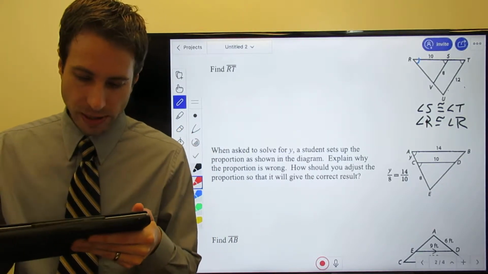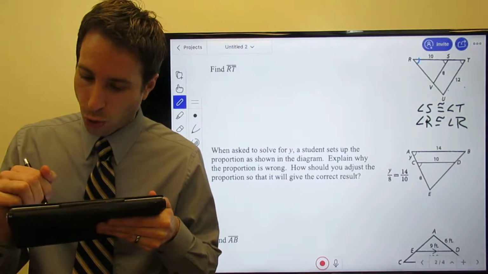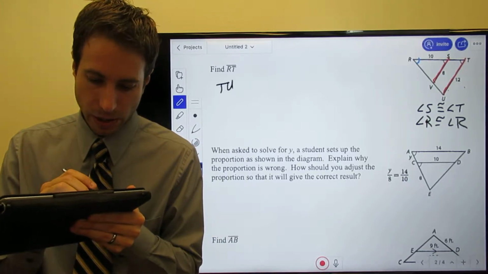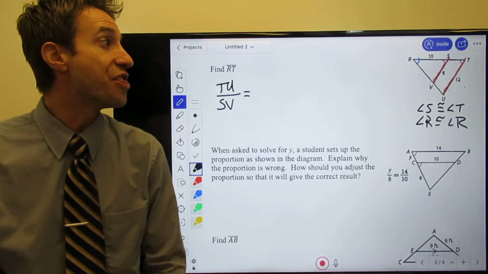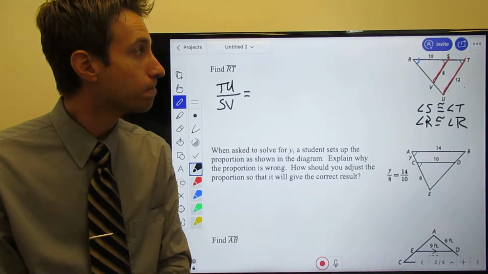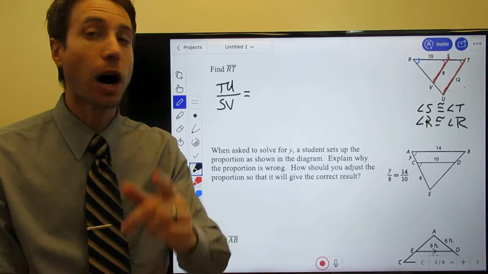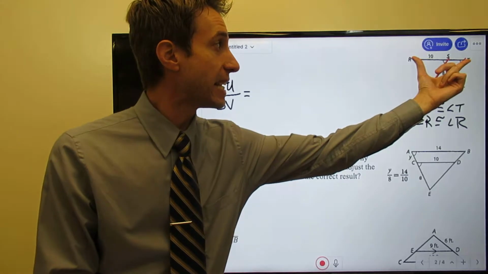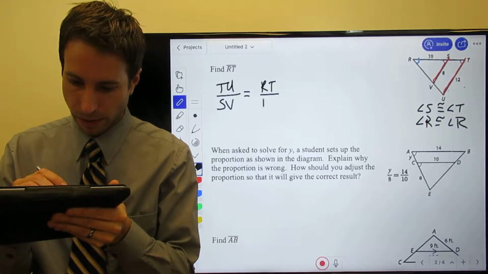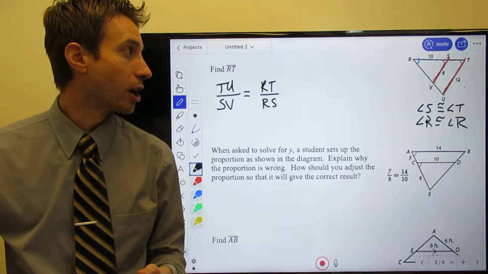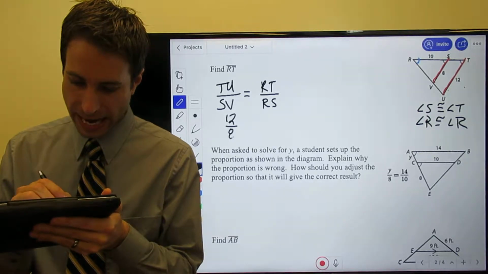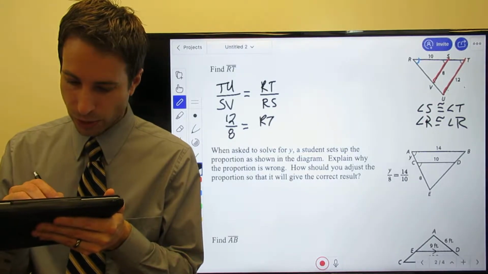So let's set up our proportions and see what we get. My first set of corresponding sides is going to be SV and TU. So let me set up that one first. TU over SV. And I know that TU over SV has to be congruent to RT over RS. Well guys, now it's plug and chug. Don't fat finger something on your calculator. We're solving for RT. TU is 12 over 8, which is equal to RT over